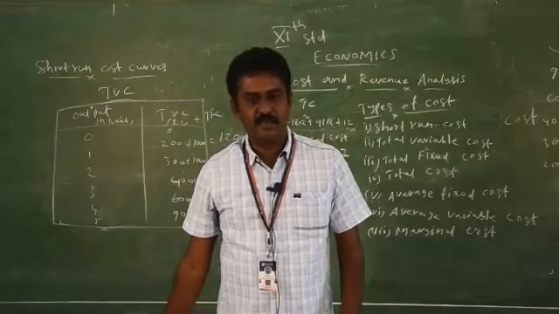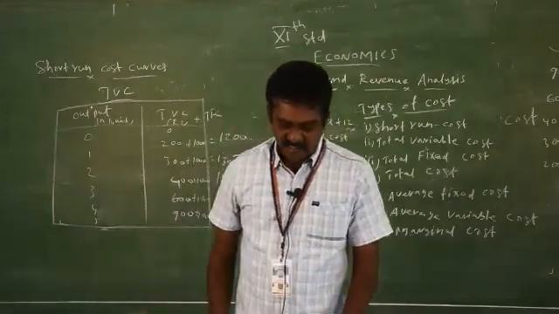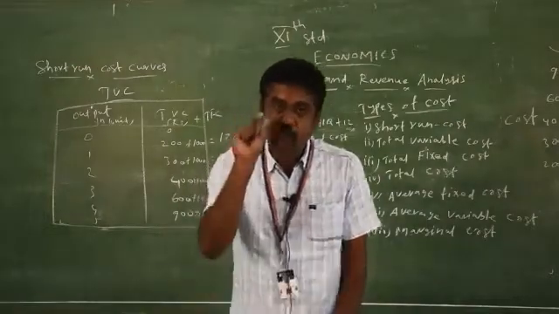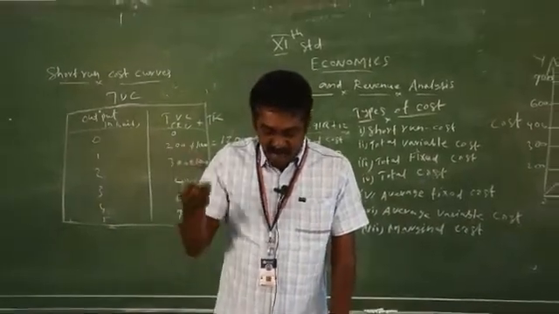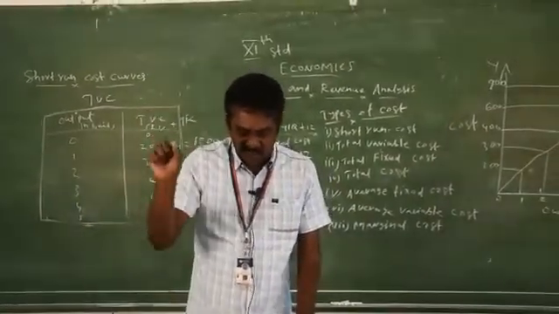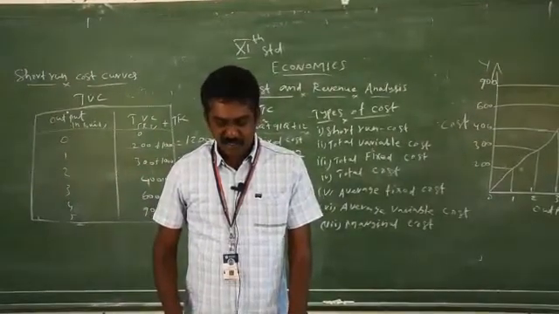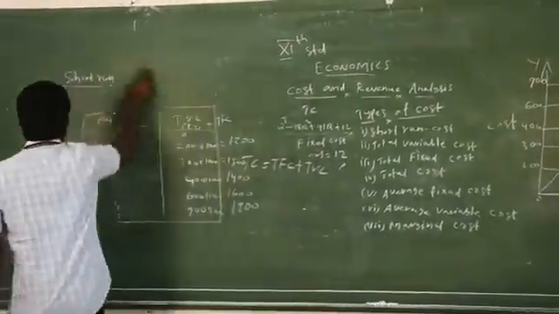Next one, average fixed cost. What is meant by average fixed cost? It refers to the fixed cost per unit of output. It is obtained by dividing the total fixed cost by the quantity of output, which gives AFC. Next topic is